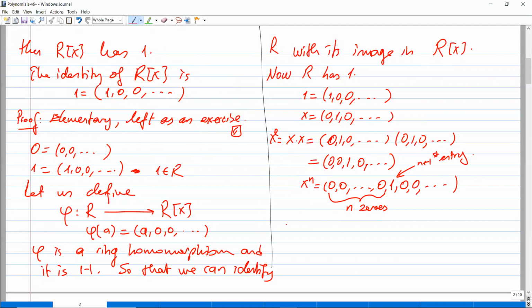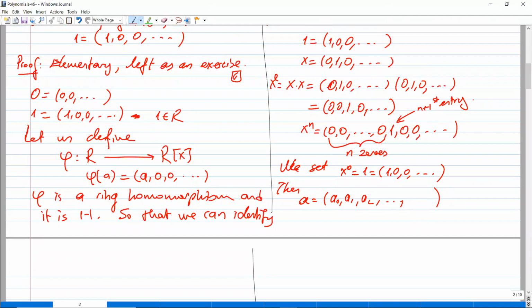So we set also, for convenience, just like in the integer case, x to the 0 to be 1, namely 1, 0, 0, etc. Then if a is a0, a1, a2, etc., up to, let's say, an, and then the rest is 0, we can write this as